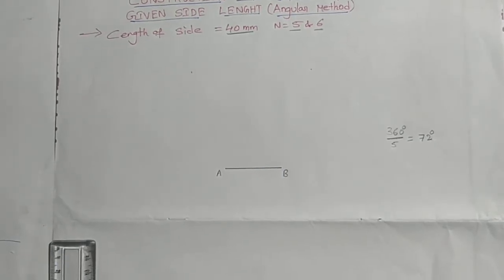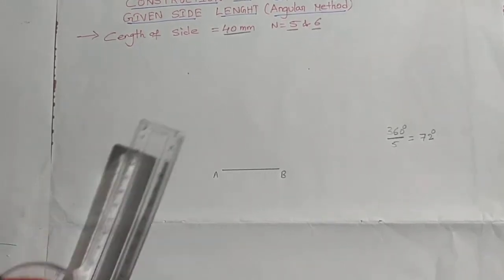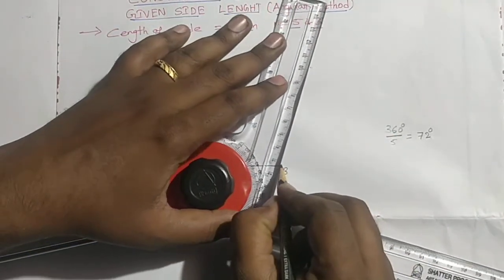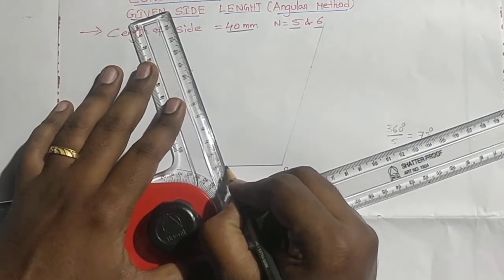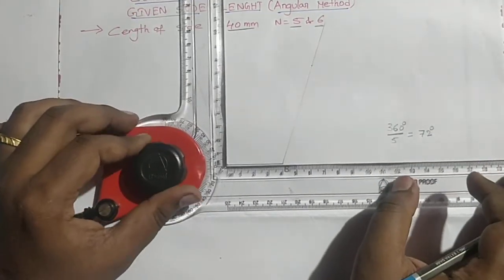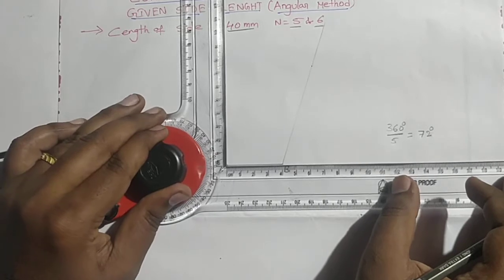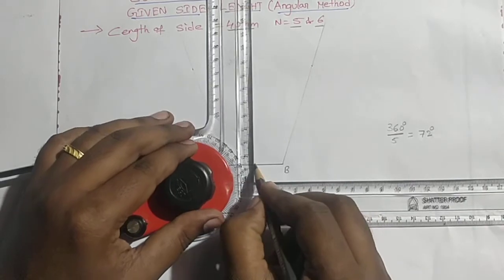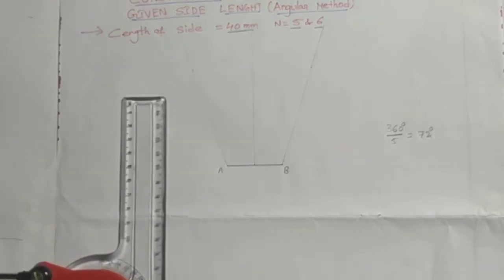Next, join. Draw the radial lines from joining these points, that is the 72 degrees line from B and similarly from A. Next, locate the midpoint of AB, that is, draw the bisector for AB. Now I have 3 lines.